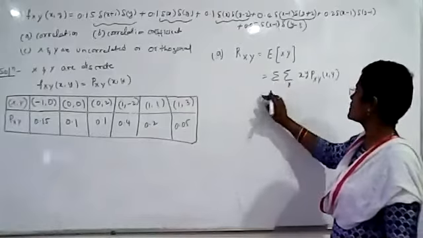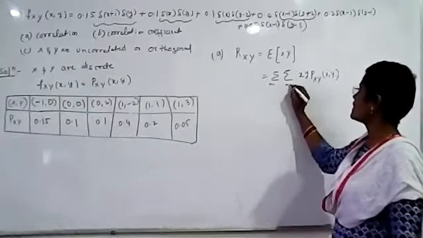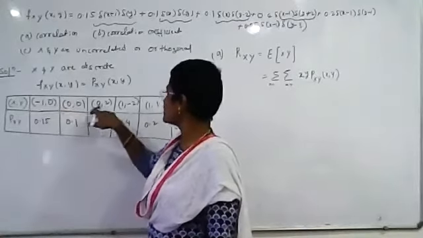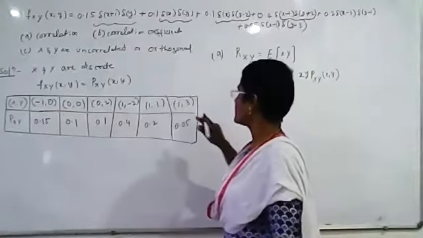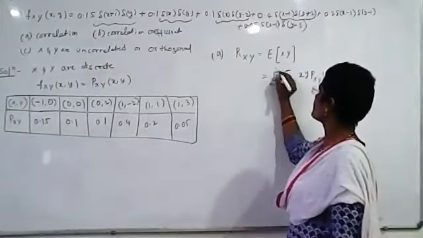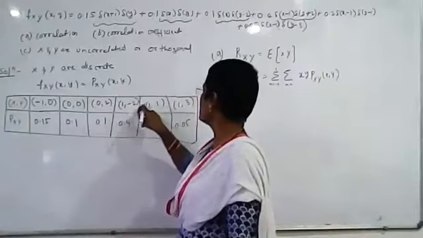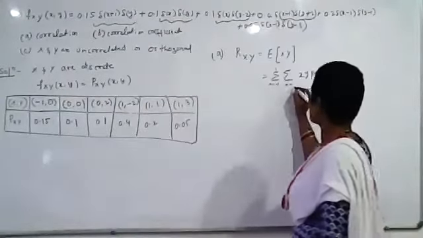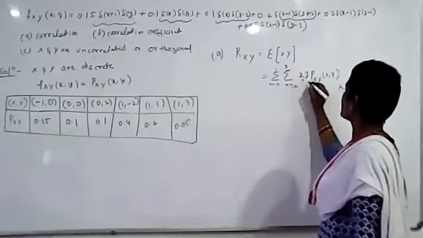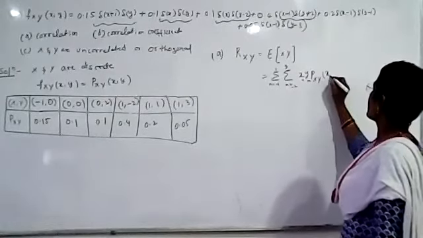For example, you are doing summation with respect to n and m. How many values do we have for X? You check: -1, 0, 1, and that's all. For Y, see here now: 0, 2, -2, 1, 3. So it starts from -2 to 3. So here we will have x_n, y_n.